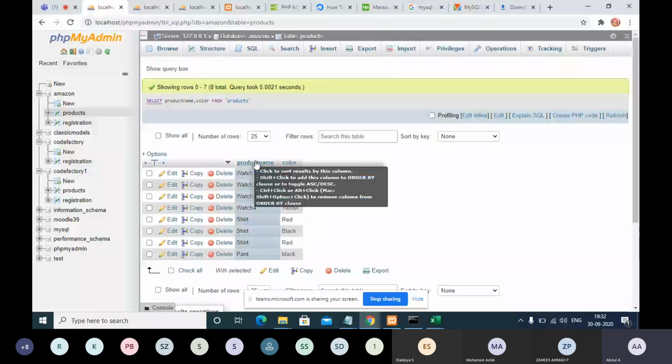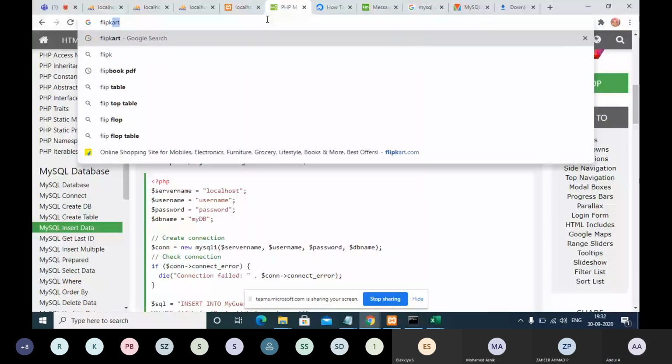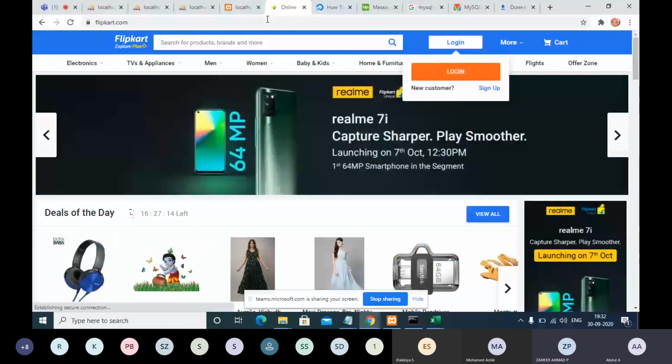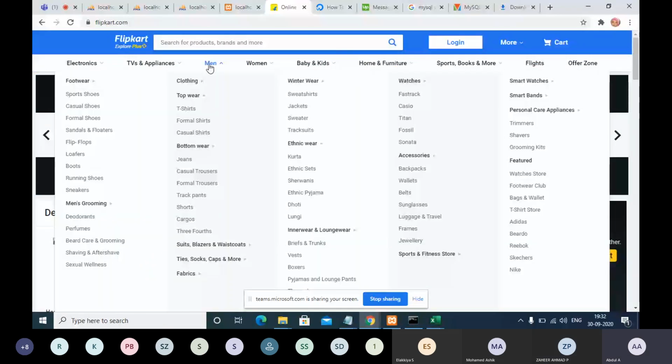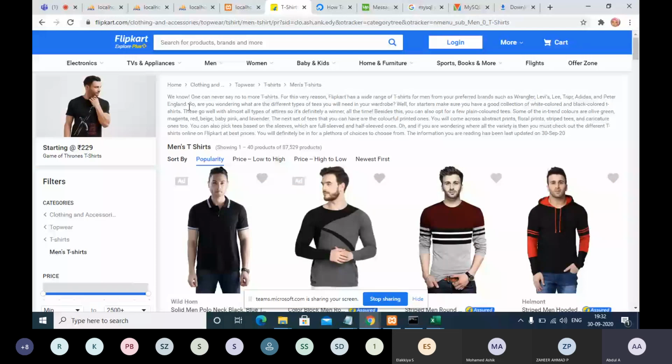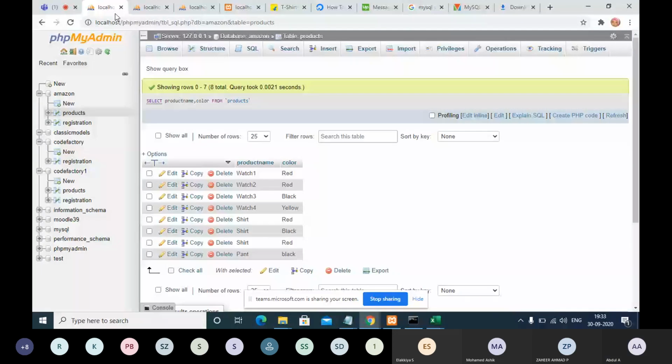So the same will happen in flipkart.com. If you go and search under the category men and then t-shirts, and you click on t-shirts, it will run a MySQL database query, like select star from products.